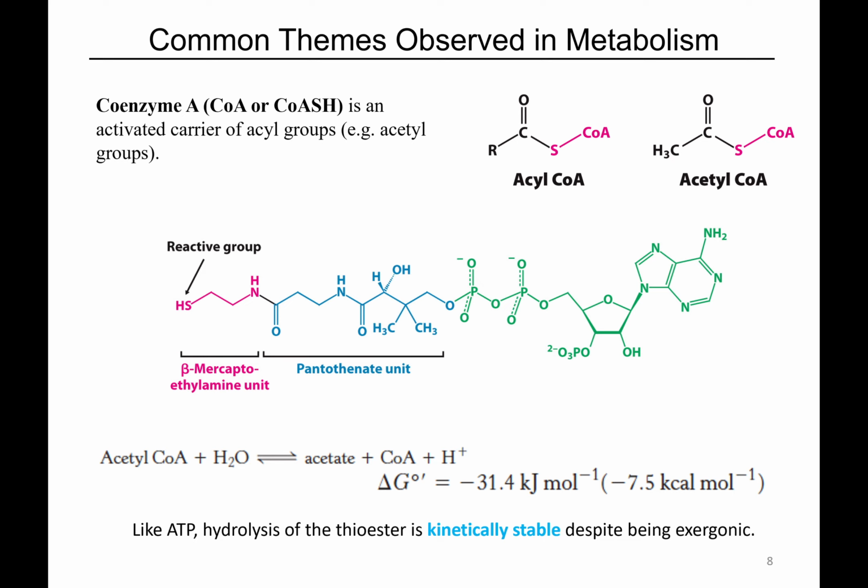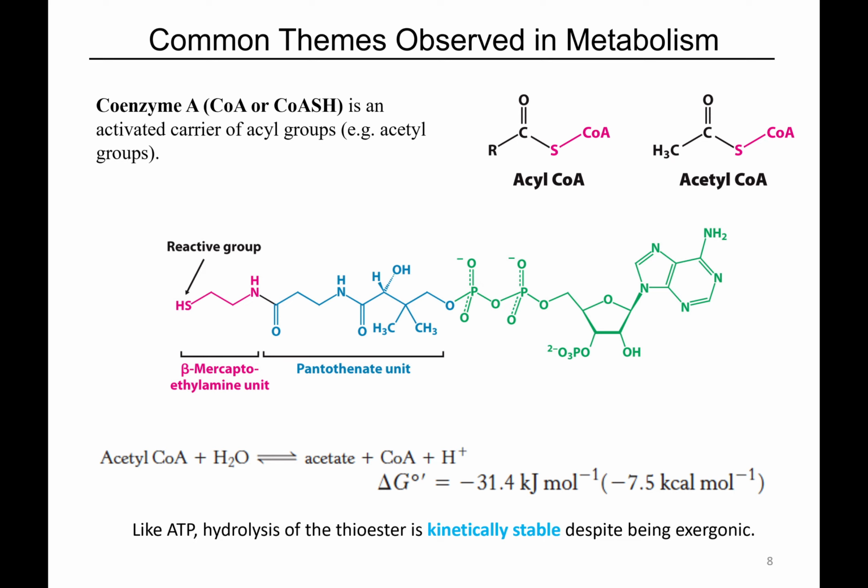So here is acetyl-CoA. It is coenzyme A covalently linked to acetic acid by a condensation reaction. This is relevant because this is stable, right? To hydrolyze this, we have to go through a transition state that includes a negative oxyanion. So just like phosphate groups being kinetically stable because of the high activation energy, the same idea goes here. To hydrolyze this, we need to go through an unstable transition state.